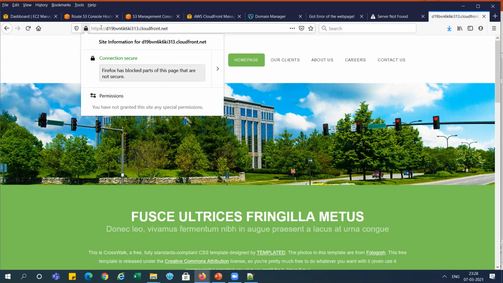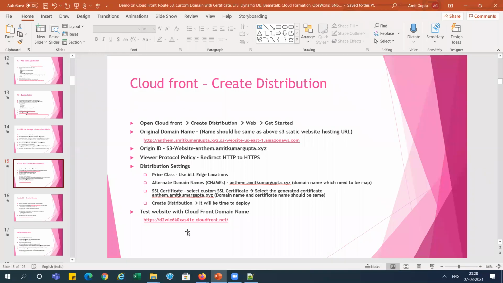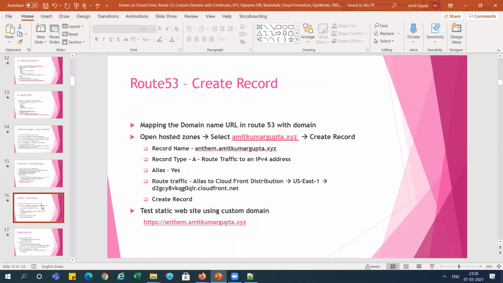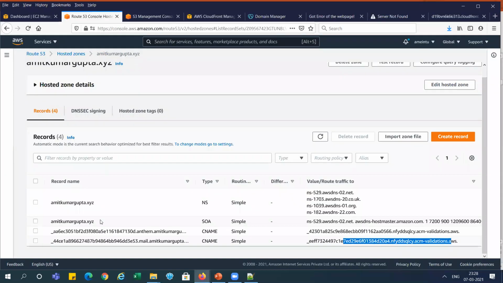Now we have enabled the certificate here, but we still need this for our own name. So we need to replace it with the name, so we need to use Route 53 over here, right? So you can see we've done this. The next step is Route 53. We need to go and create the record over there. I'm logging in to Route 53. It is already open, so we need to go and create the record over here.